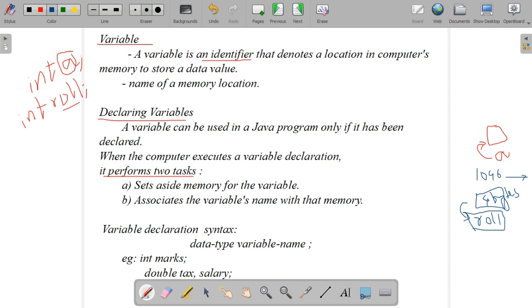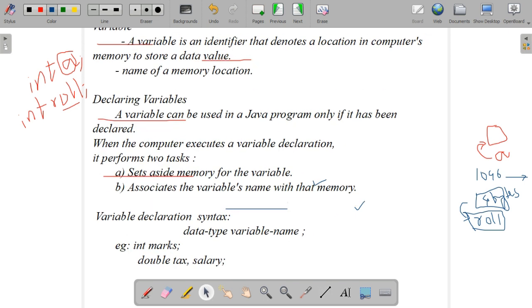Consider 1096 as the memory location: from 1096, 4 bytes are occupied and it is named roll. So when a variable is declared, it has two tasks: one is to set aside the memory for the variable, and the second is to name that memory with the variable.